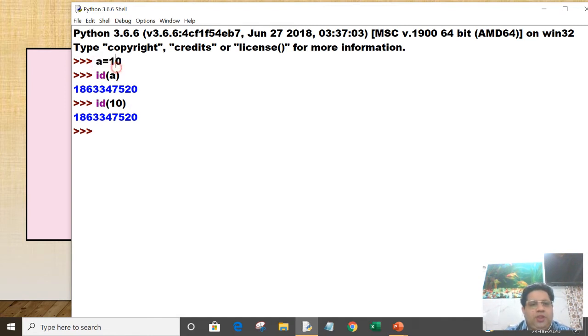So what does this mean? It means that a is not storing 10. A 10 store नहीं कर रहा है. A 10 जहाँ store है जिस एड्रेस पे उसको पॉइंट कर रहा है. तो ये दिमाग से आप अपने निकाल दिए कि जब भी हम कोई वेरिएबल में वैल्यू देते हैं तो वो वेरिएबल में वो वैल्यू स्टोर हो जाती है. नो, वो वैल्यू उस वैल्यू के एड्रेस को पॉइंट कर रहा है. फॉर एग्जांपल इफ आई राइट id ऑफ 20, द एड्रेस इज, एंड इफ आई राइट b इक्वल टू 20, और अब हम id ऑफ b करेंगे तो आपको सेम वैल्यू मिलेगी. सी, द एड्रेसेस आर सेम.